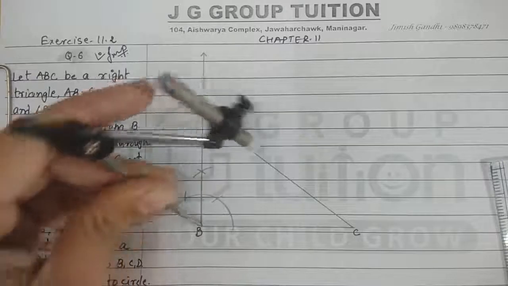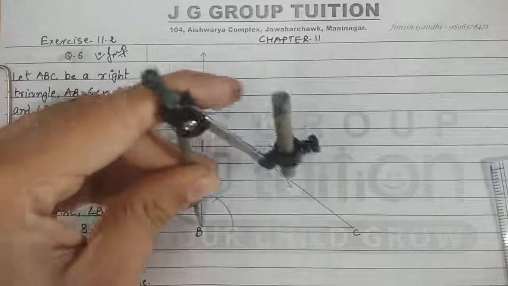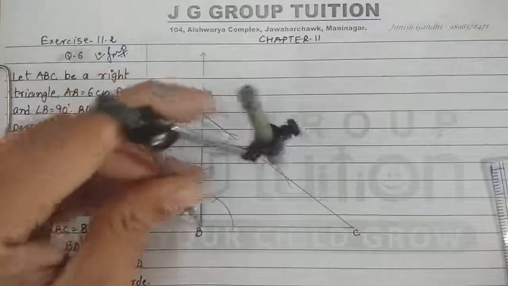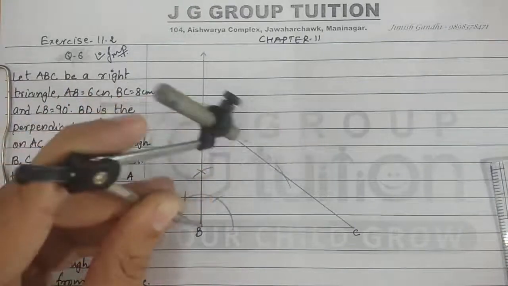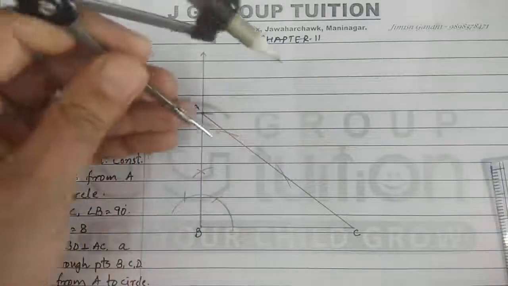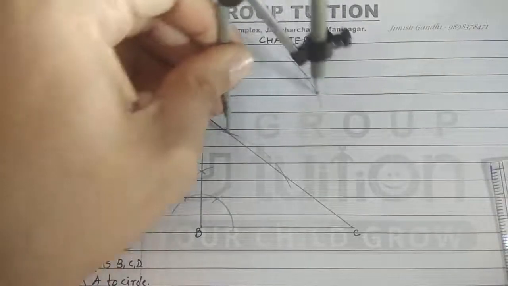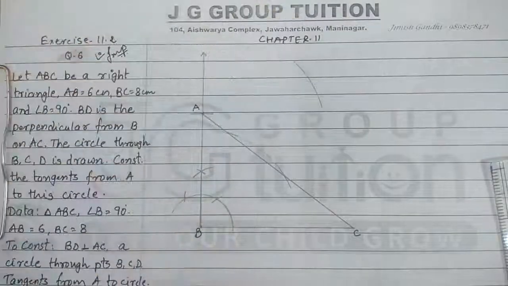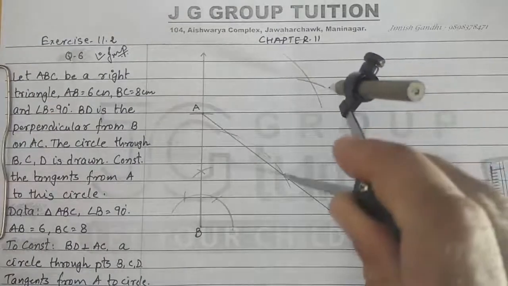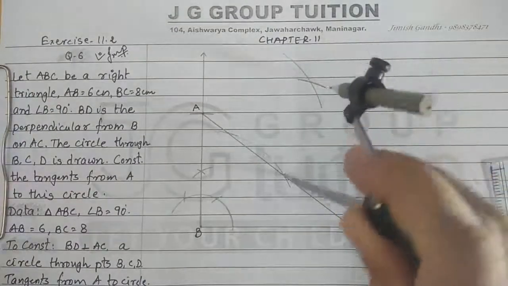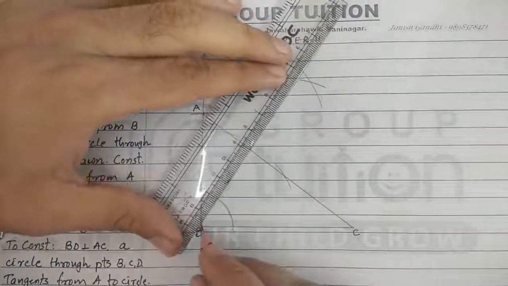Now we'll draw two arcs which intersect the AC at two distinct points. You can see here. You can construct the half circles like this also, but the intention is this arc should intersect AC at two distinct points. Keep the same radius and from this intersecting point, एक arc ऊपर लगाएंगे. Now we keep the same radius and from this intersecting point, एक arc यहाँ पे लगाएंगे. So you can see here, both are intersecting points.